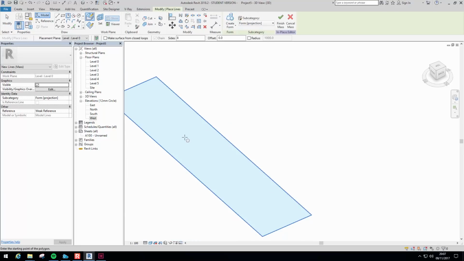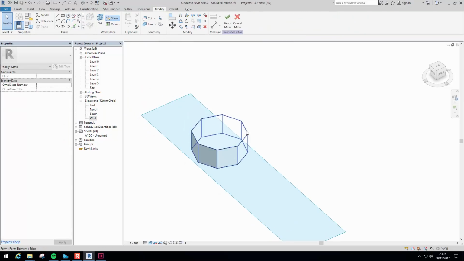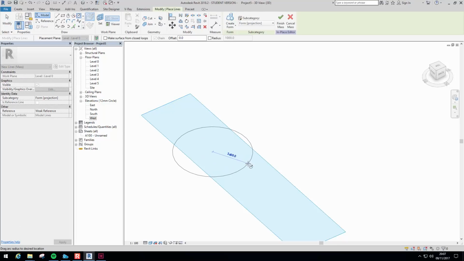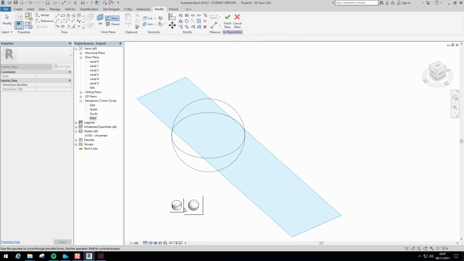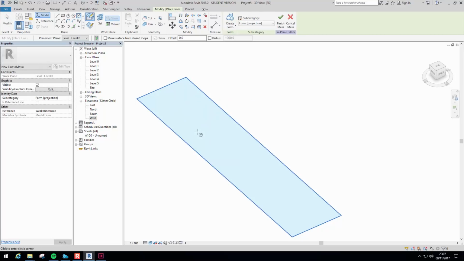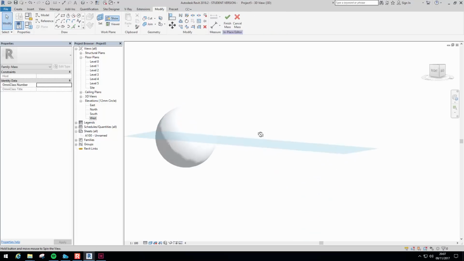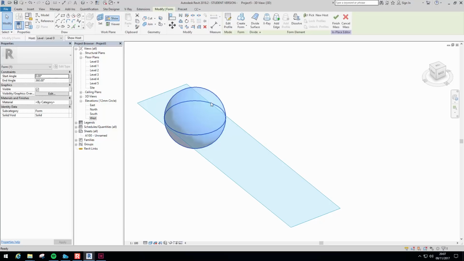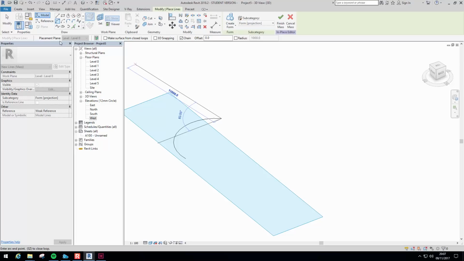You've also got the option to create other unique shapes, or a circle. And if I create a circle, select it and create form, it gives me two options, either a cylinder, or if I create another circle, select it, create form, create a sphere, so it's a ball. Delete. Also I can create arcs, and I can combine that with straight lines as well,